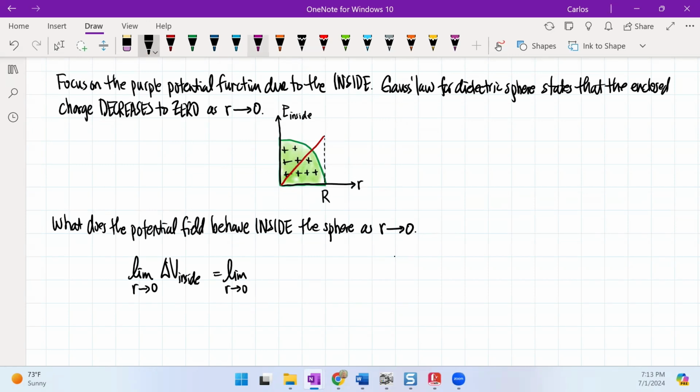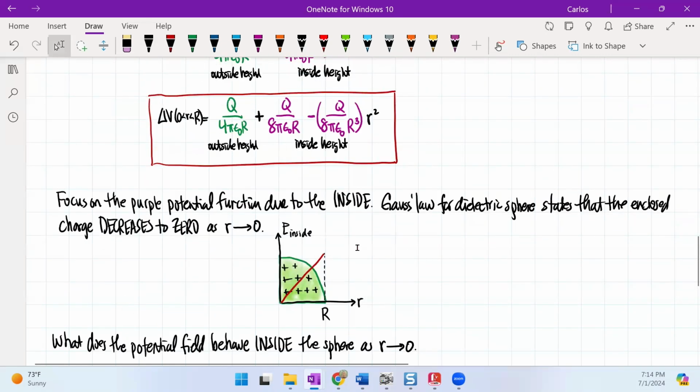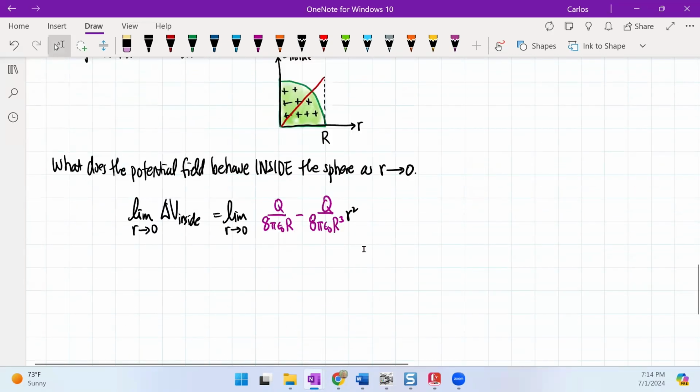In other words, I'm going to get, I think it's Q over 8 pi epsilon R, and then I believe it's r cubed over Q over 8 pi epsilon, and then I get that r squared term. Let me double check. Yes, that's it. So I'm taking the limit of all of this,